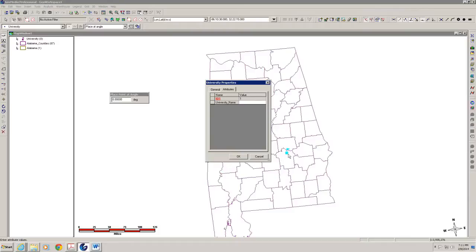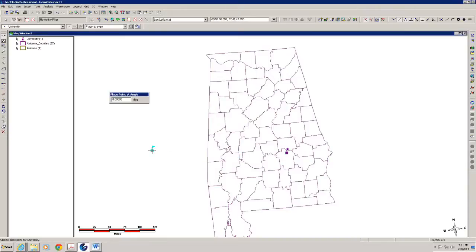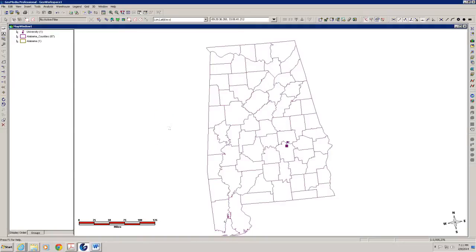There's the school bold. It placed it in the correct position in Montgomery County. I left click in the university name and type Auburn University at Montgomery. Spell that. Okay, and you'll notice here you can use spaces because it's a populated attribute. Click OK. Now it's the correct color. Now I'm done geocoding for the moment, so I'm going to hit my escape key to get out of that mode,